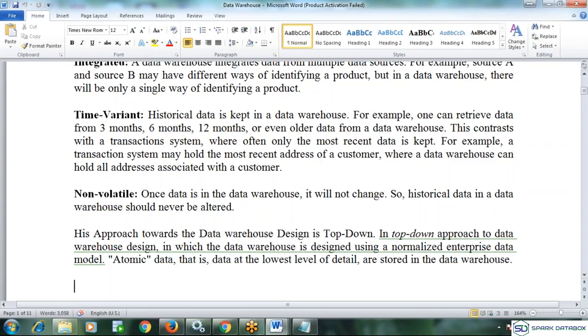Not a top-down. Top-down is highly difficult. You need to see the final result when you begin the project, and it is time and resource consuming. If you miss anything, it will impact everything.